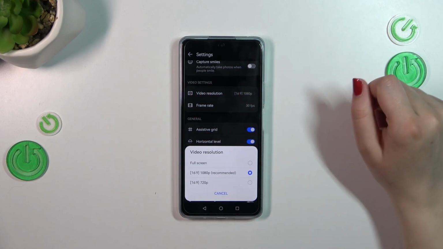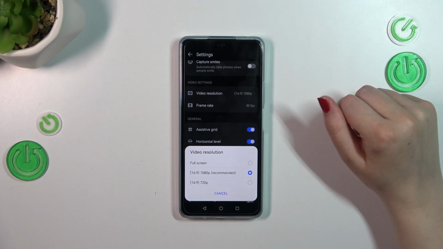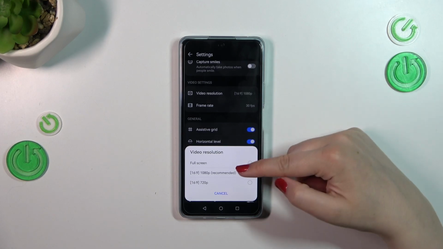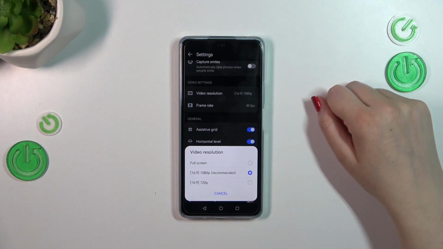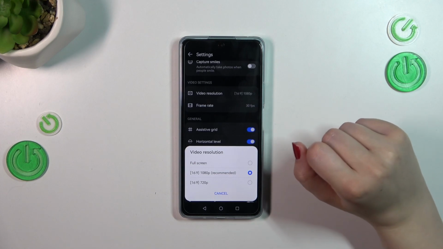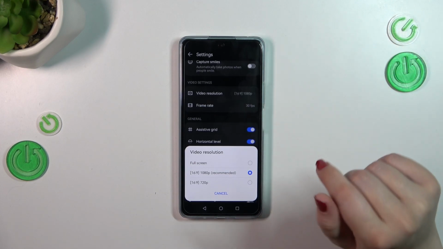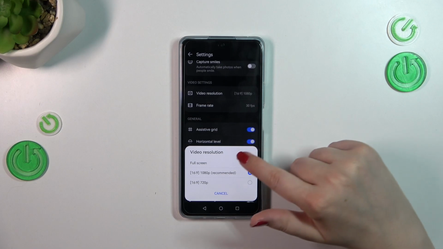So let's tap on it, and we've got three different options: 1080p or 720p. Both of them are with ratio 16:9, or we've got also the full screen. It's up to you which one you'd like to use, and basically all you have to do is to just